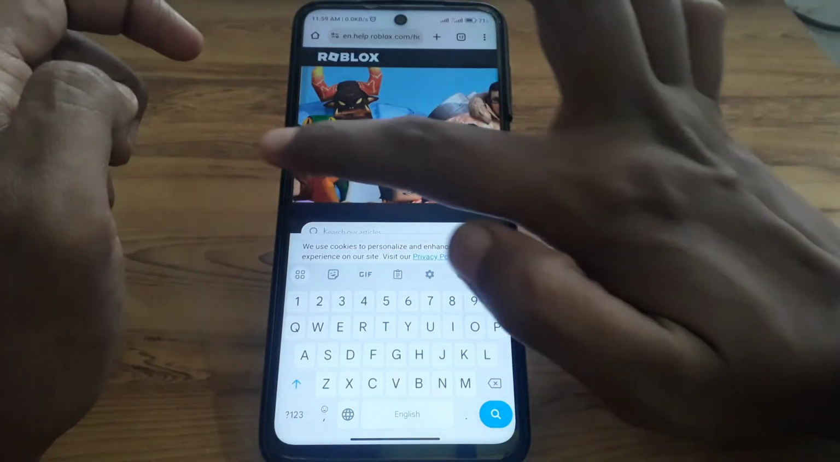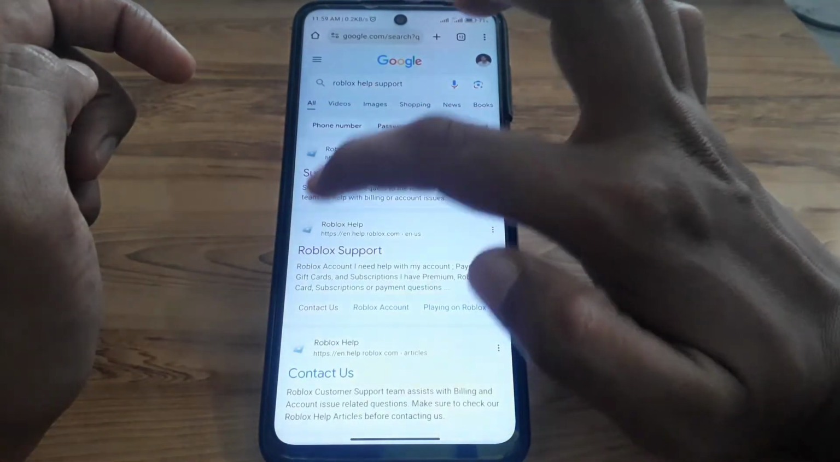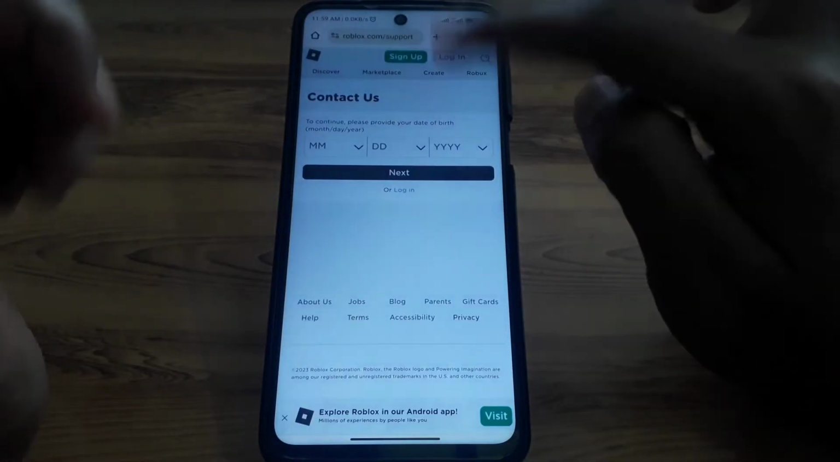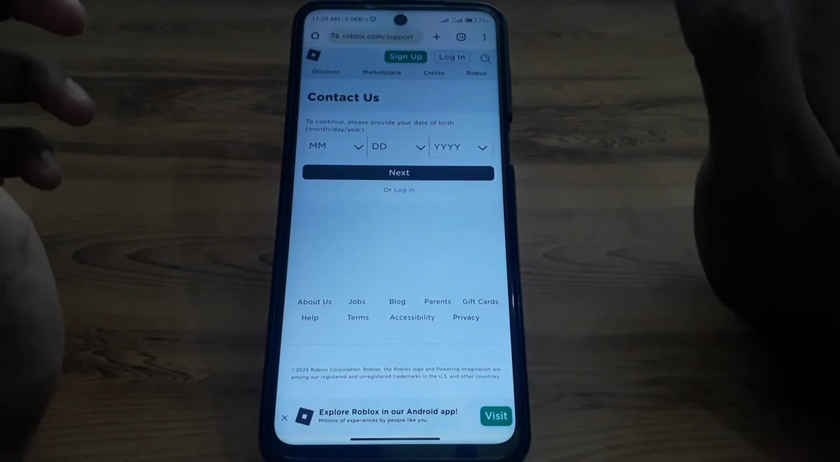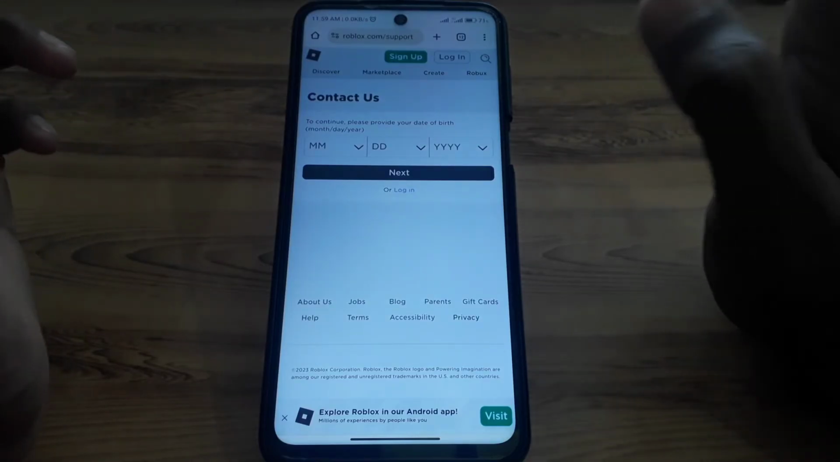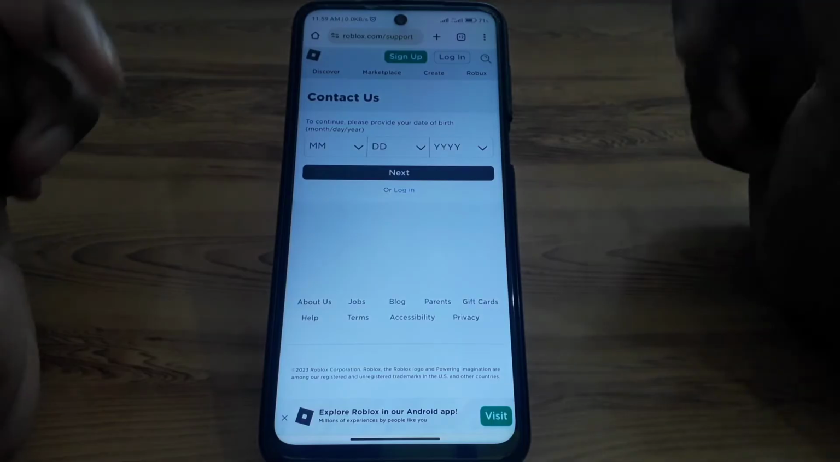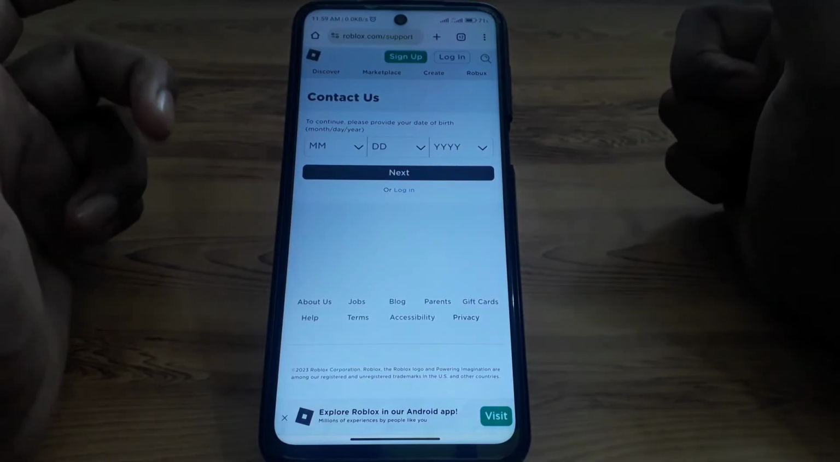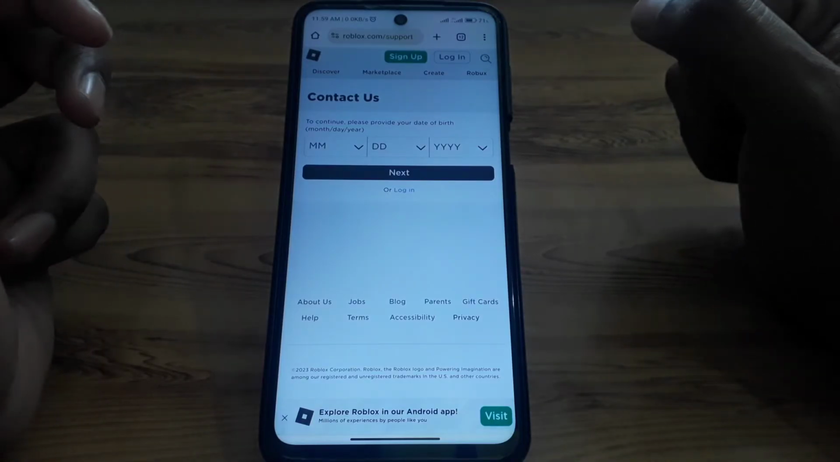But if you do not find any article, then you have to go back and click on Roblox support, and here you have to log in to your account, and after that search for your problem and describe the problem to the Roblox support team, and they will solve the problem for you